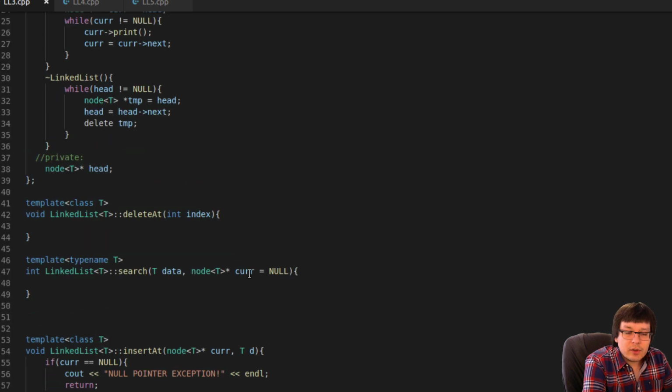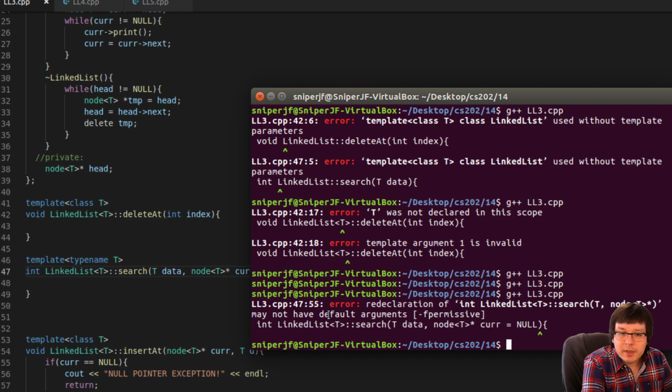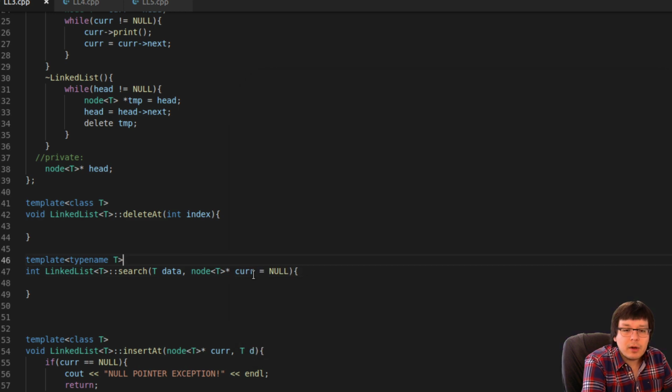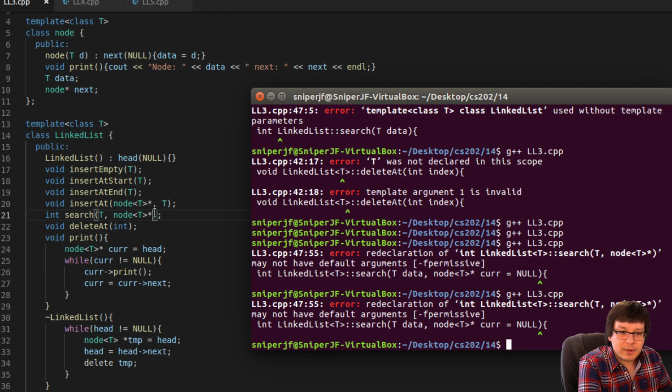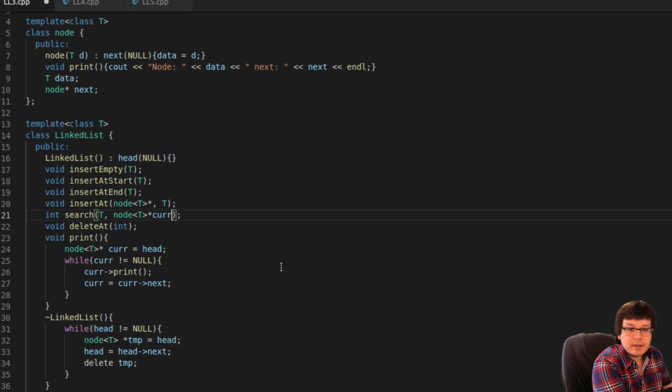And then for the default parameter, I think we might have to put it on the top to do that. Let's see. First, let me see what we got. I may not have default parameters. Oh, well, I know what it is. Actually, no, never mind. I thought it was going to be because the order of the parameters is wrong. But here, we have to get rid of the cur part from here. We'll see if it wants the default parameter. Okay, so we're going to put it up here and see if it okays it.